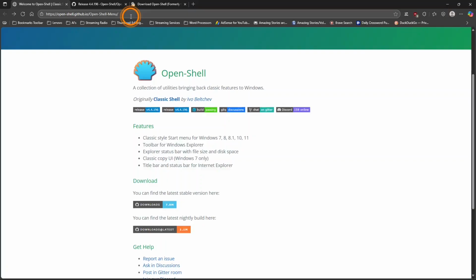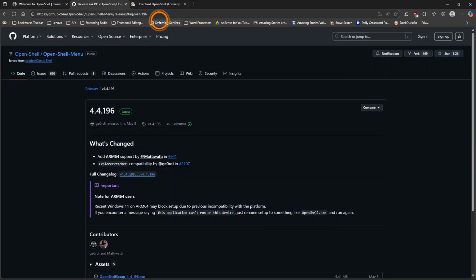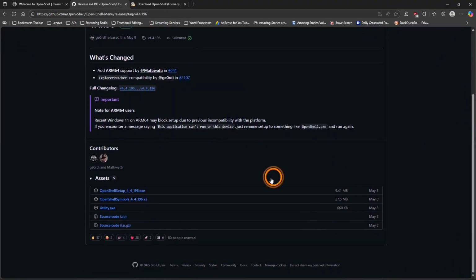There are a couple of different sources, and the first one is at GitHub, and I'll put links for these websites in the description below. Once you're in this web page, scroll down to downloads, and hit this link to go to the download page. That will take you to this website where you can scroll down and there's a link to download OpenShell. But there's another source, and that will be